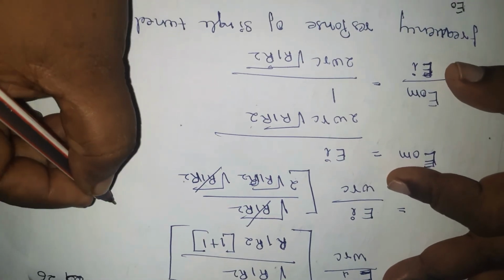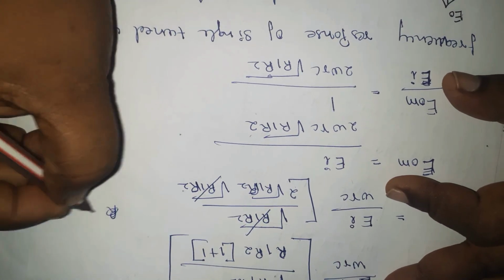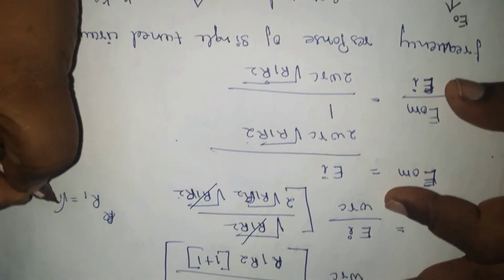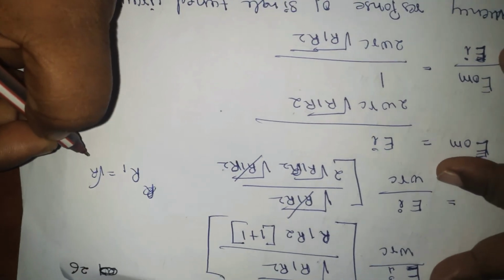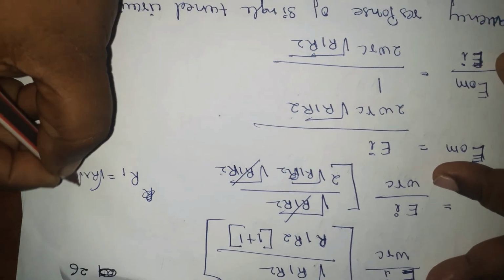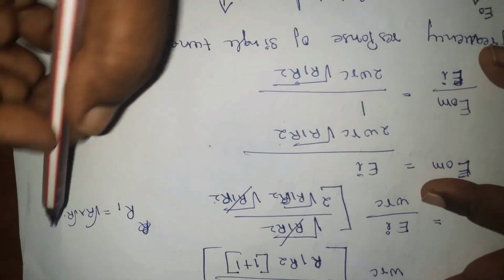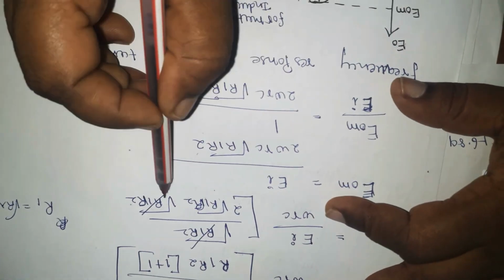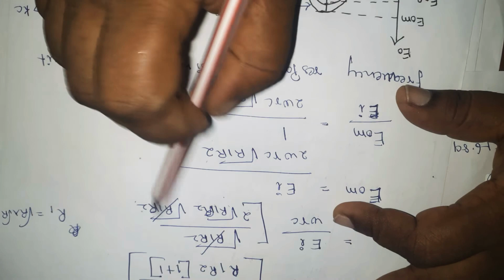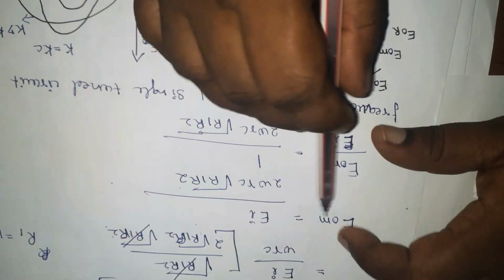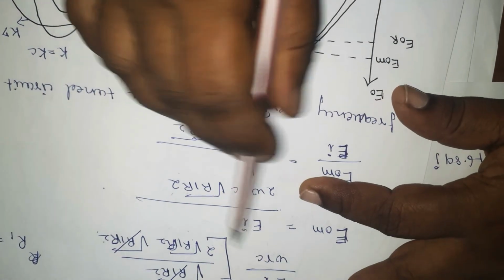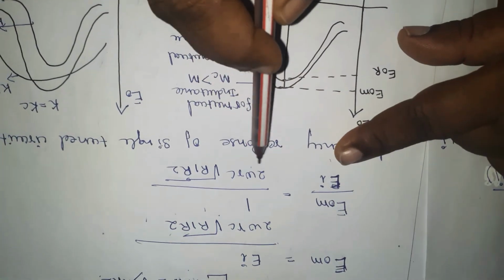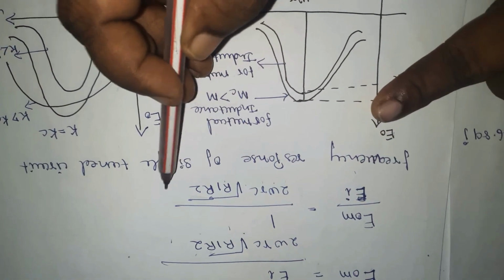For example, you write R1R2 as square root of R1R2 times square root of R1R2. These two terms are cancelled. So E0r max is equal to Ei divided by 2ωr times the square root of R1R2. That is, E0r max by Ei is equal to 1 divided by 2ωrC square root of R1R2.